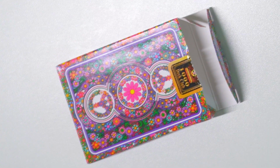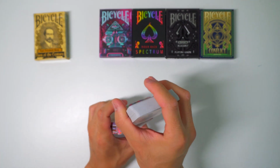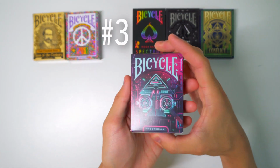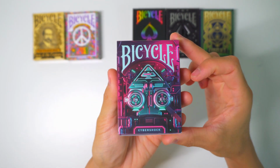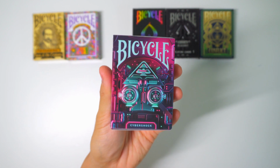And here are the card backs, which match the box. Overall, it's a really solid deck, especially for anyone who grew up during that era. At number 3, we jump centuries into the future with the Cybershock deck. The box has mechanical 3D elements of a spade and that neon violet and teal coloring that reminds me of